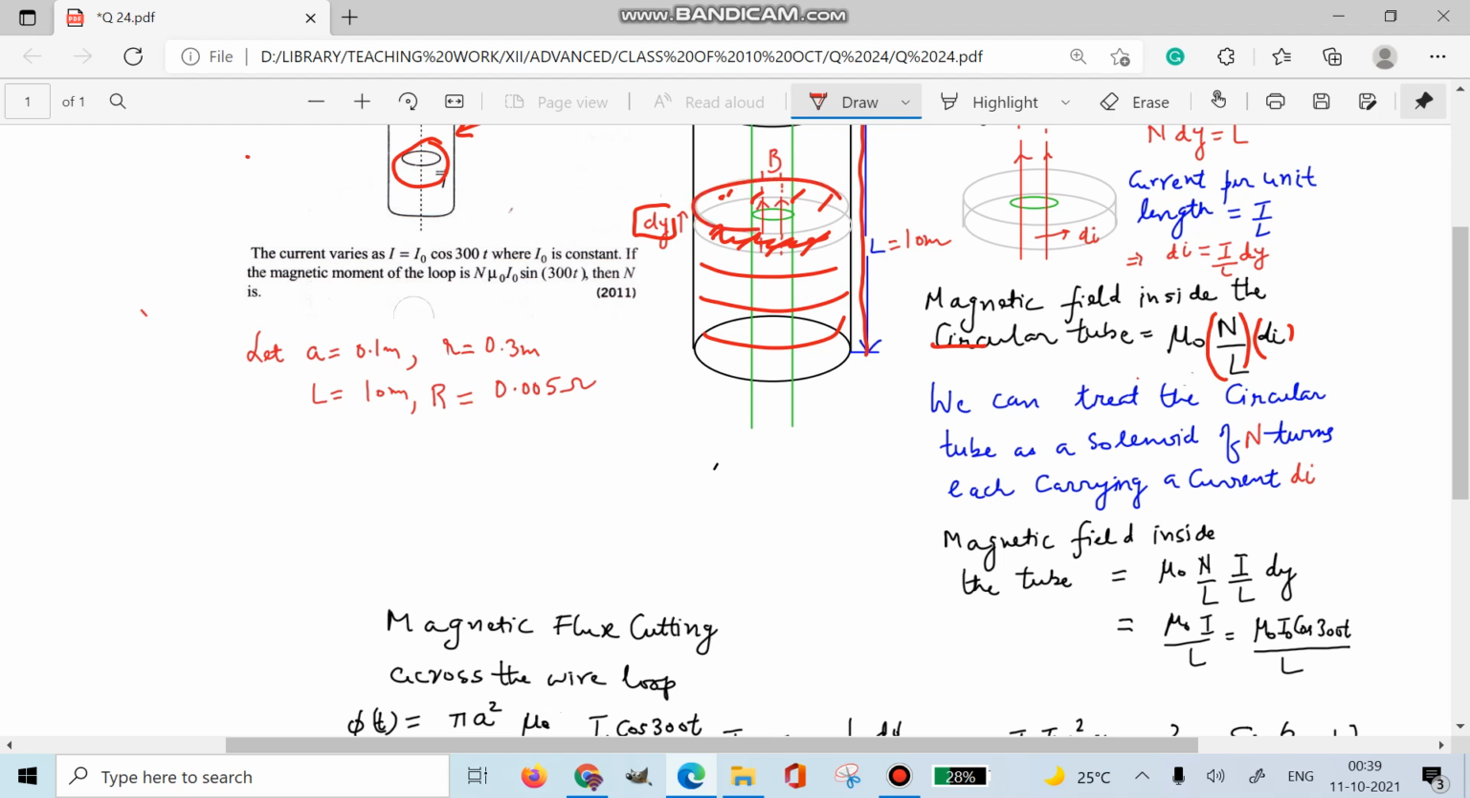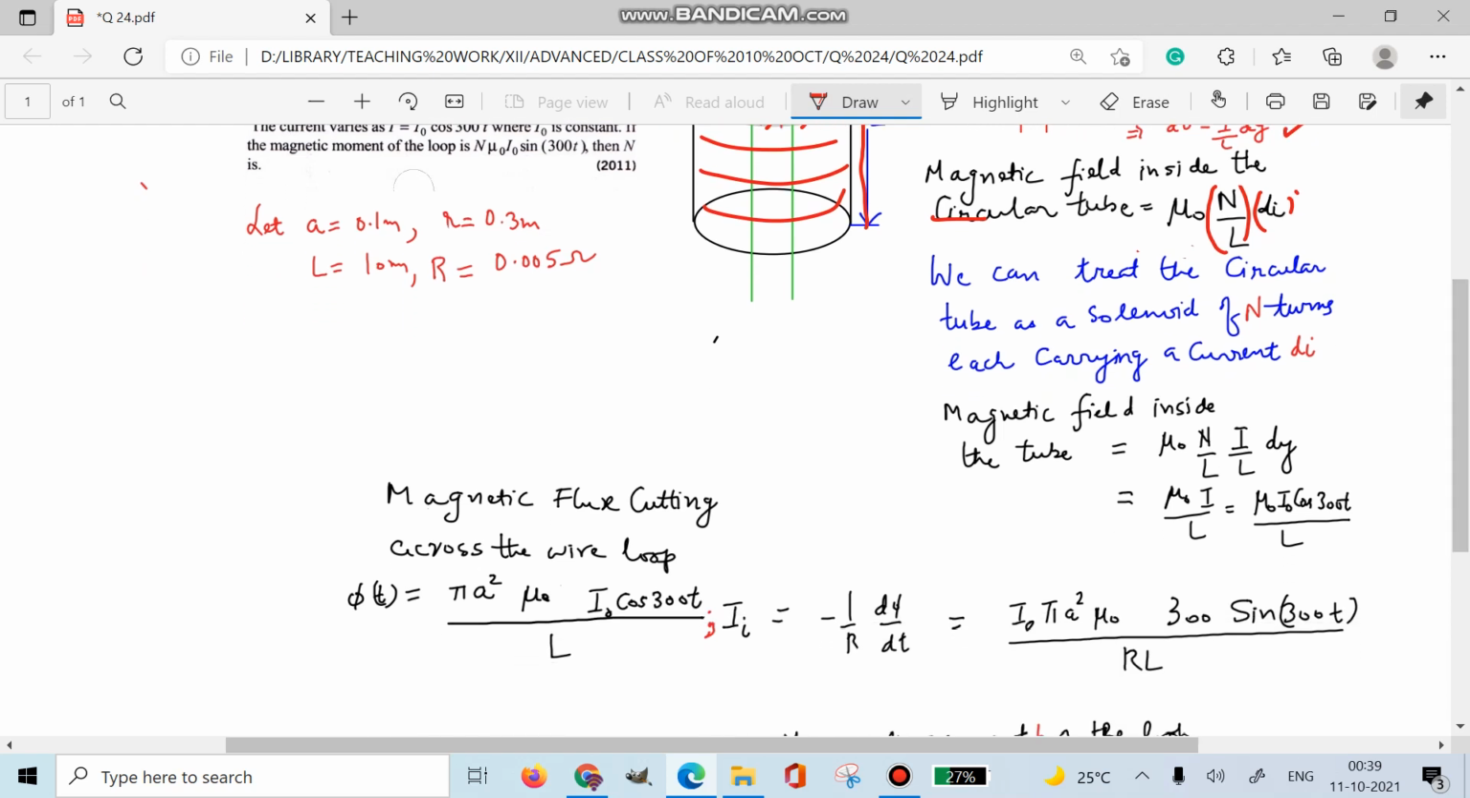So mu 0 small n into the current in one turn. The current in one turn is di, which is given here. So the magnetic field inside the tube will be found very easily, just substituting the value of di over here. This is the magnetic field